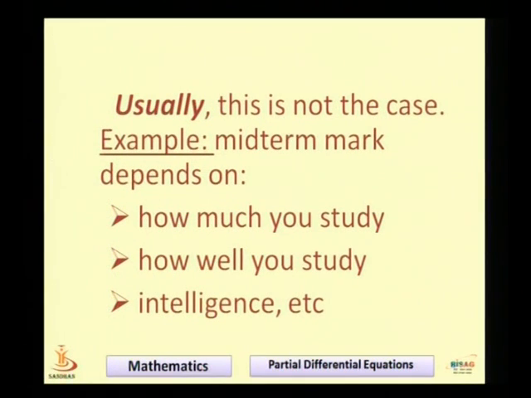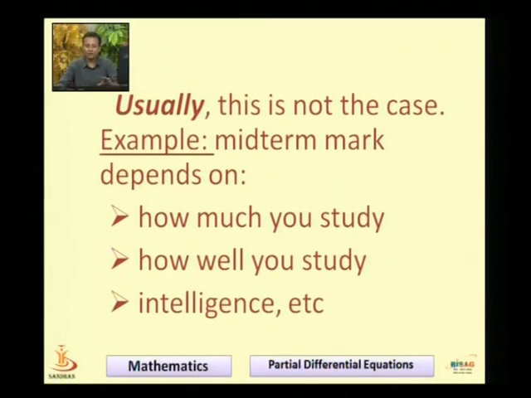In the real world, the dependent variable depends on more than one variable. For example, your midterm marks depend on how much you study, how well you study, and your intelligence, etc. Many factors affect your midterm marks, your exam marks. So your marks is a function of more than one variable, and therefore whenever we have a function of more than one variable, we have partial differentiation. We have defined differentiation mainly in two types,